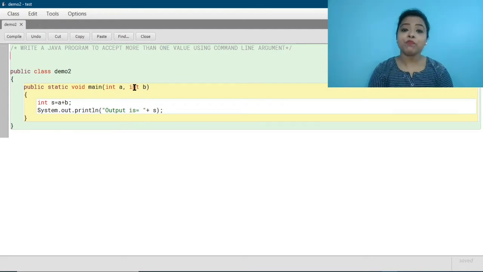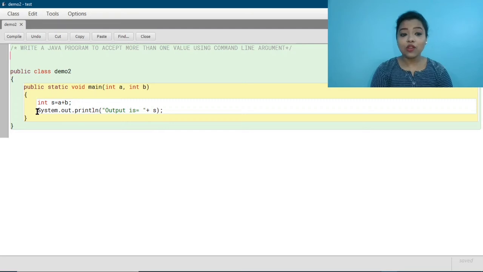variable is int. Okay, so this is how we can input as much as variables we want. Okay, so basically it is not compulsory that always we have to input same type of data. Like here both the values or variables are integer type. Separating with comma, you can take any double value also, okay, along with this integer values. Okay, so basically whenever we want to take more than one value, we will write it using the comma. Okay, so you see inside the main method I have written int s equals to a plus b. So whatever value I will input here, that will be used here to get the addition. Okay, and it will be stored within the variable s.